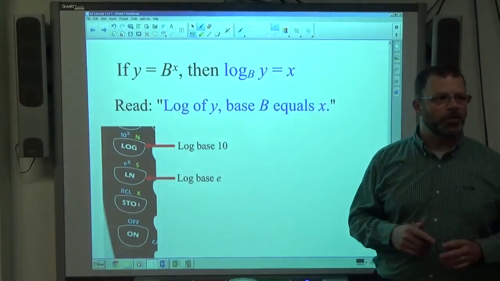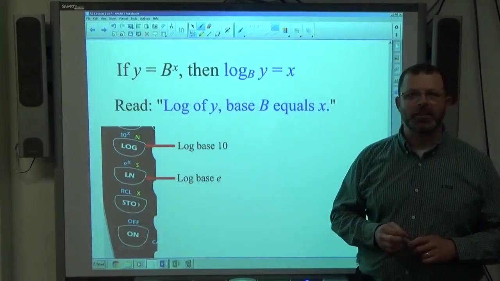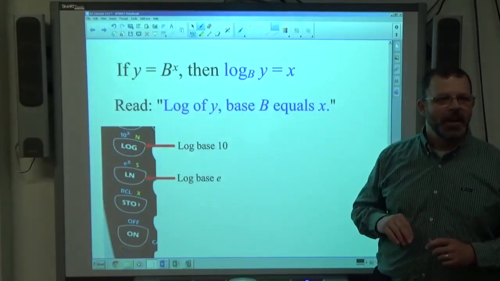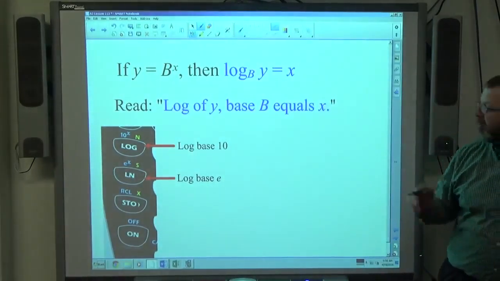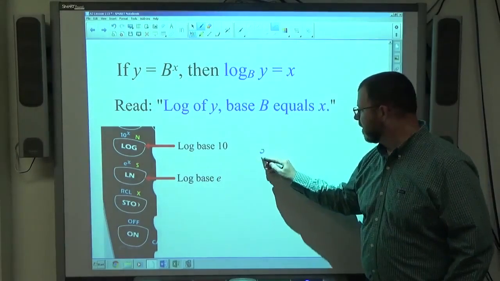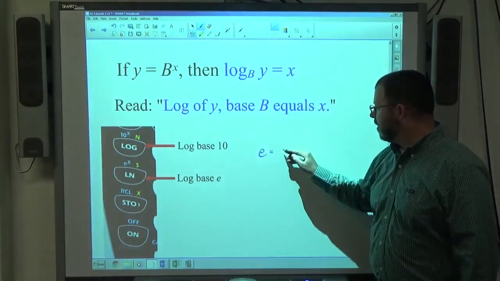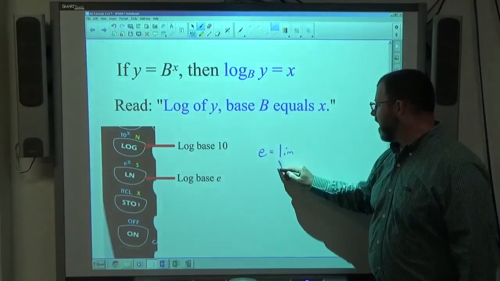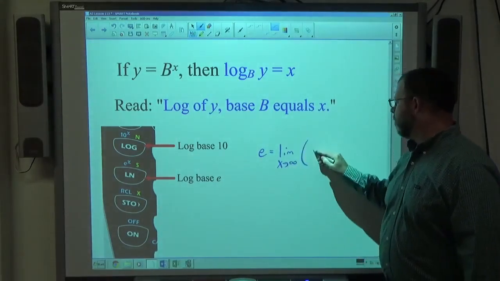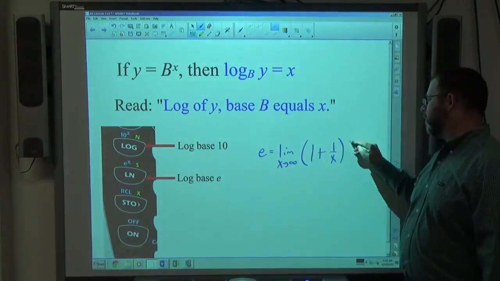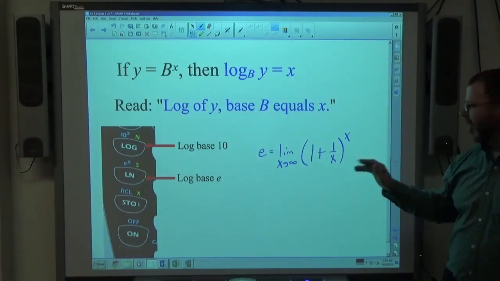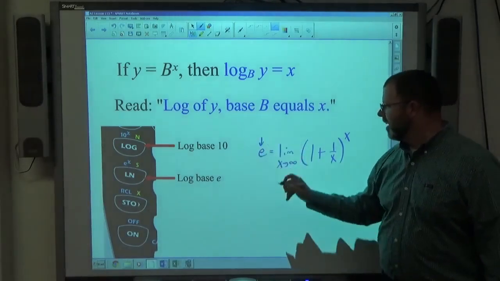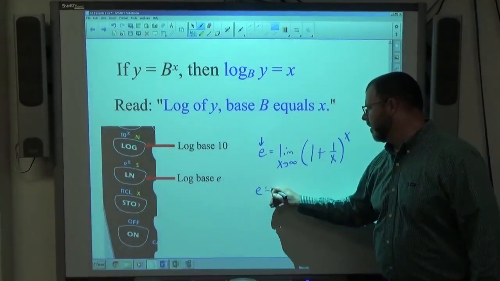It's the one that you grew up with. When somebody said back in kindergarten, count to 10, that's the 10 they're talking about. Back in kindergarten, you did not count to e, and at this point, I'm not going to make you do that either. But e is a number whose official definition is the limit as x approaches infinity of 1 plus 1 over x, to the x power. That's what e is. You don't have to even know what that means, but just know that this number e is approximately